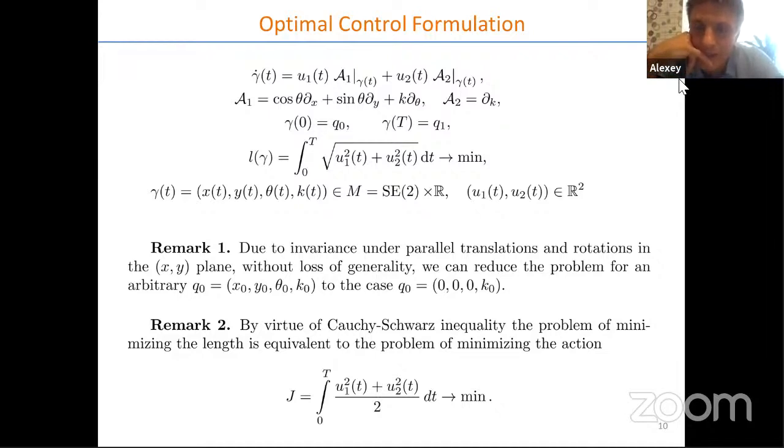Okay. And then the meaning of this functional is the length in the space of positions and curvatures, not of orientation. But the orientation is obtained from curvature, so it is not independent. If we have curvature, then we can compute the tangent vector, and then we can compute all the trajectory. Sorry to interrupt you, but I realized that we need to pass to the